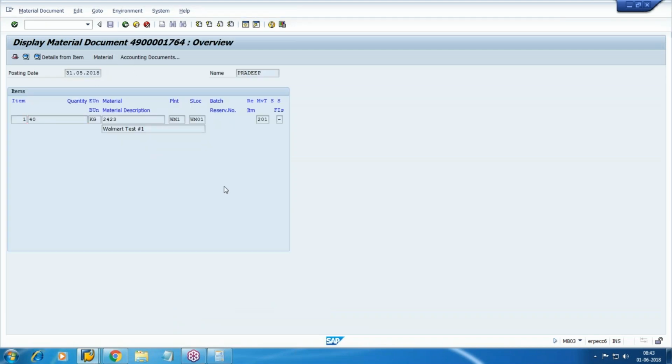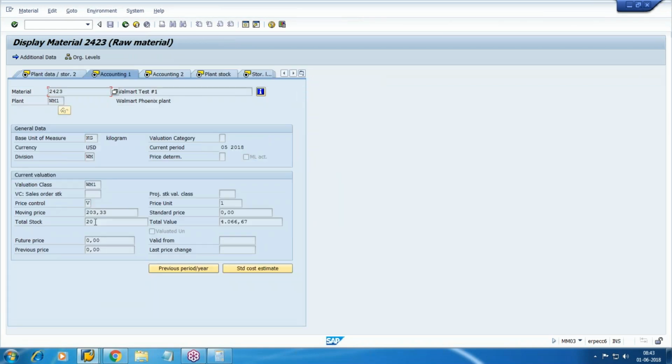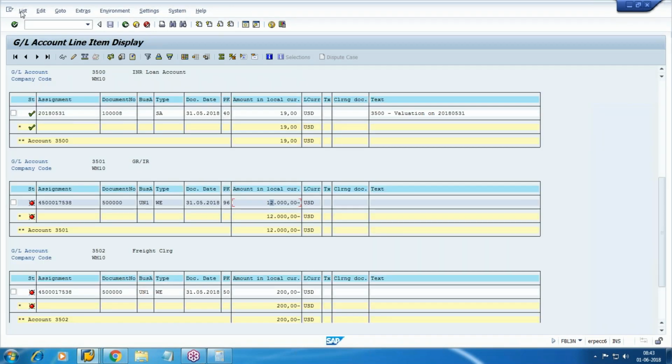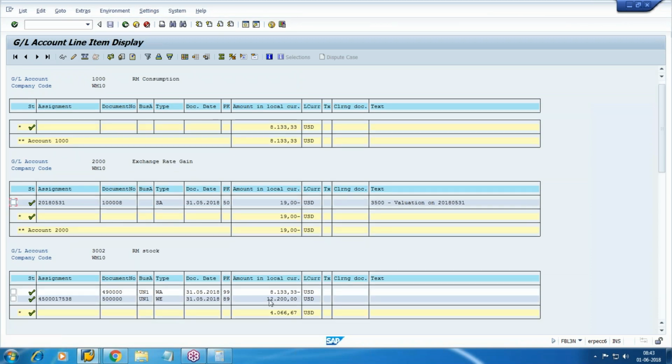Check your material master first. And what is your closing stock now? We have 20 kg of stock and this is the cost. With this entry there is no impact in the GRIR, but there is impact in the stock. That means previously this was inflow of stock, debit, and this is outflow of stock. Okay, inward stock movement 89, outward stock movement 99, that means from warehouse we transferred some stock to production,